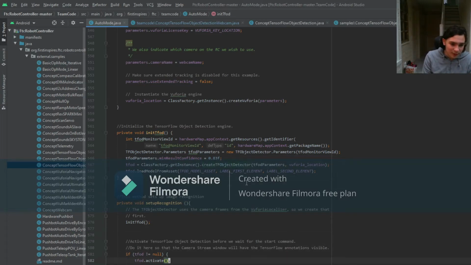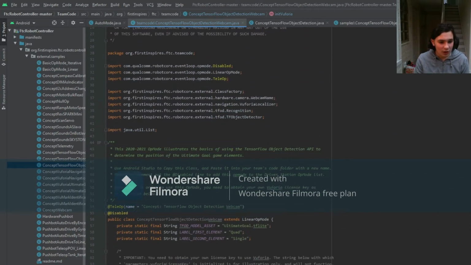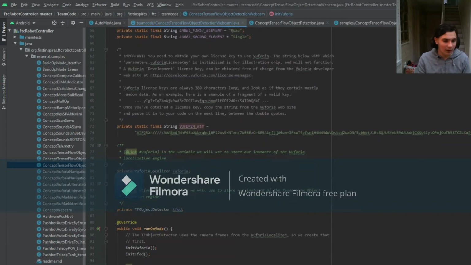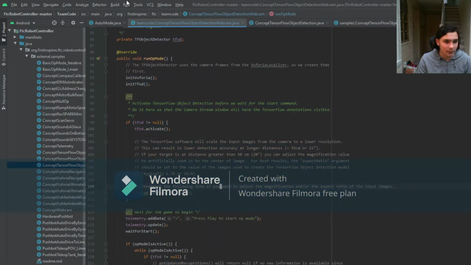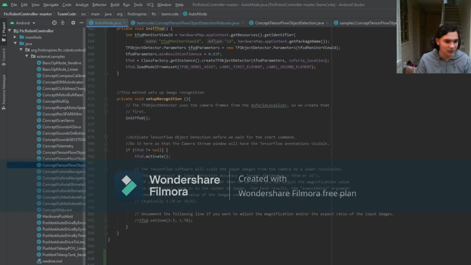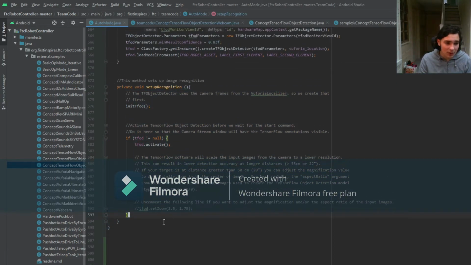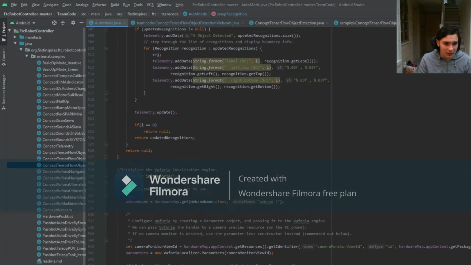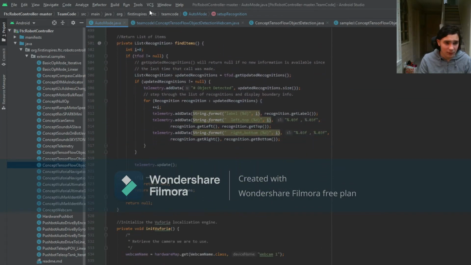And another change that we made is I put all of this code, except for init, into just one function down here, and it's just called setup recognition. You actually can't see the entire function, so let me do this. And yeah, we just have setup recognition, and then the next change that we made, we have put all of